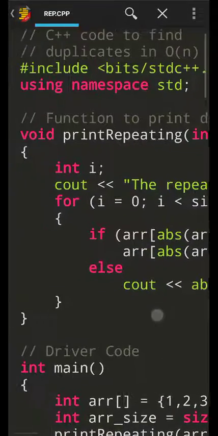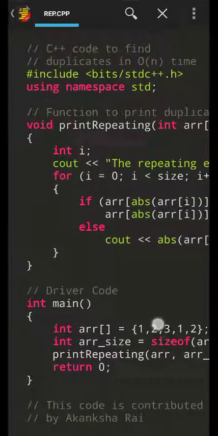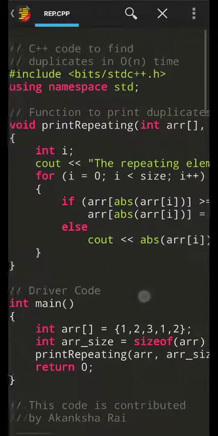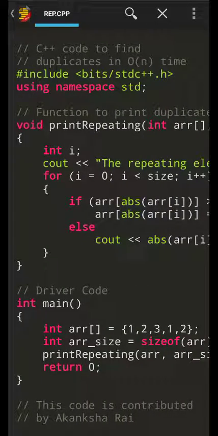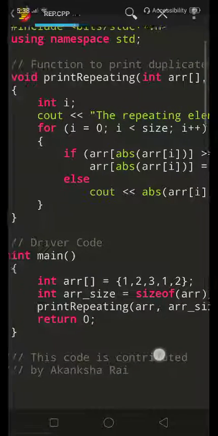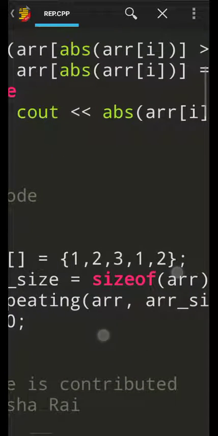You can trace this algorithm later on, and you can Google it and examine it closely, but let me explain how it works here. So from this given array, we can see that the repeating numbers are 1 and 2. So the way that the algorithm was able to find it out is,